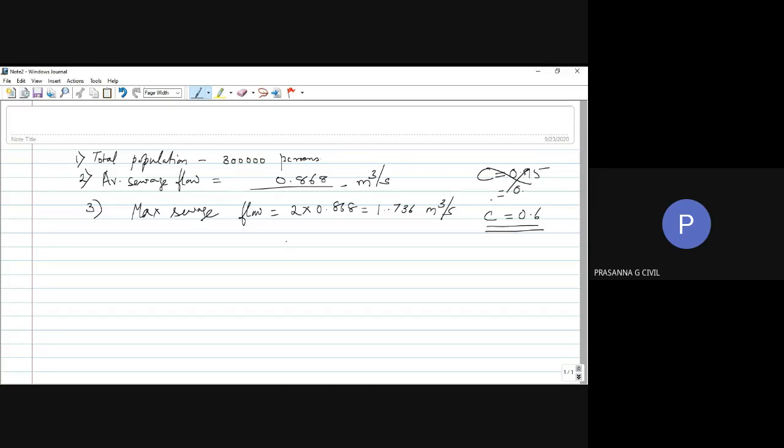And you have CIA by 360. I should have been given in mm per hour, so you have to be very careful with that, because it is given mm in 24 hours. So I want you to calculate stormwater discharge. Use 0.6 now, 0.6 or 0.7 is also fine. Remember, we did for many areas together like that, C1, A1, C2, A2. So when you have various types of areas, it will be an average factor. Understood?